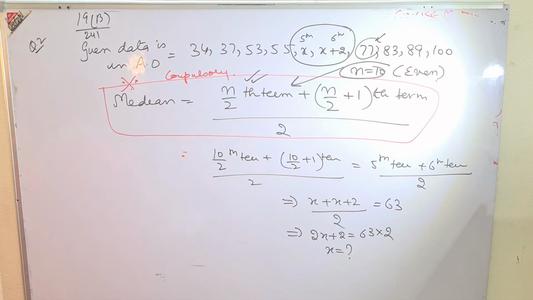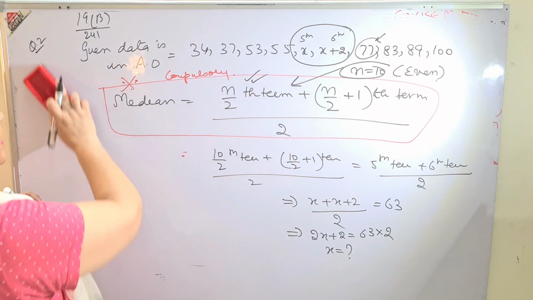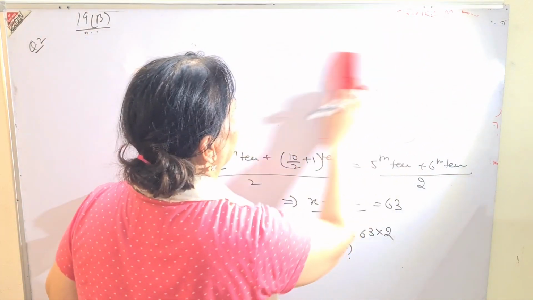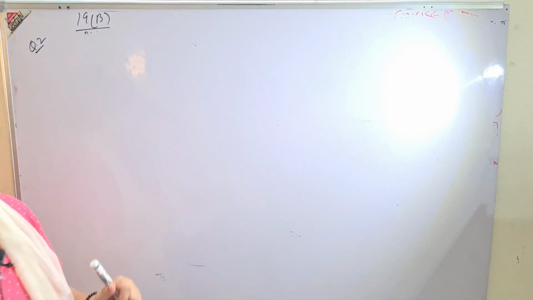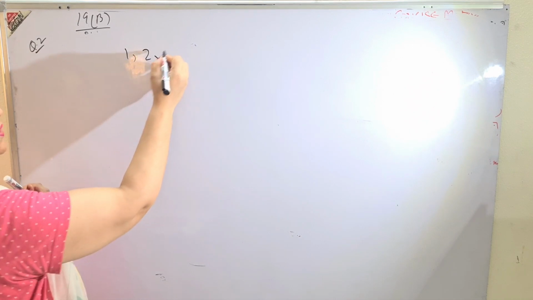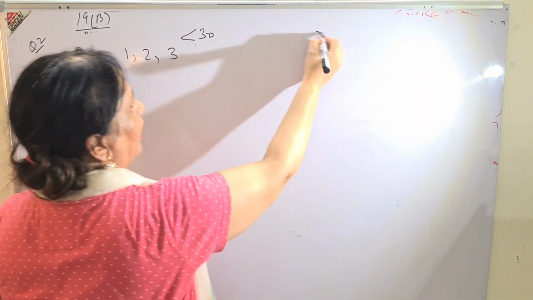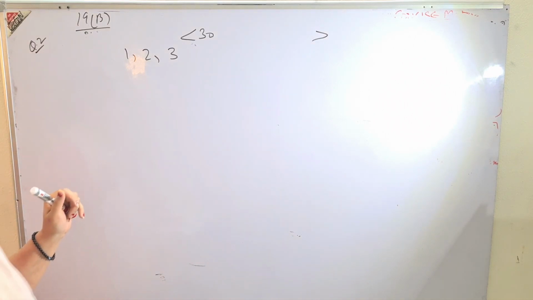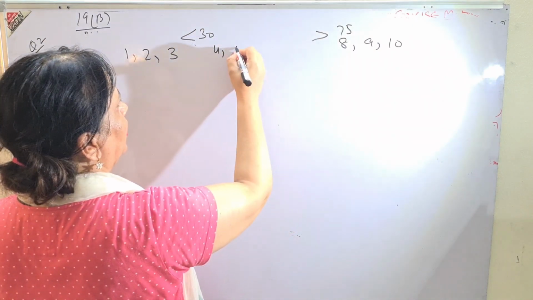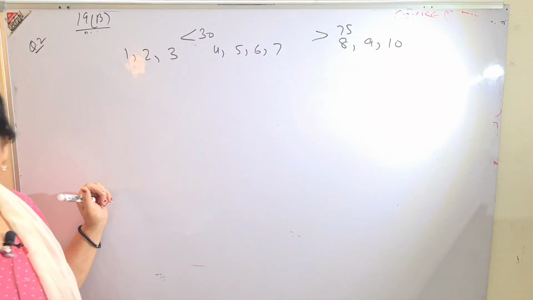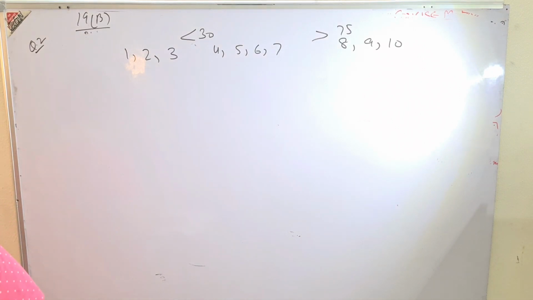He says out of 10 students who appeared in a test, 3 scored less than 30 marks and 3 secured more than 75 marks. The question is very easy, and this type of question comes in IQ tests, because you must understand the concept. These are concept-based questions. Students 1, 2, 3 get less than 30, and 8, 9, 10 get more than 75. So in between are 4, 5, 6 and 7, the numbers between 30 and 75 marks.